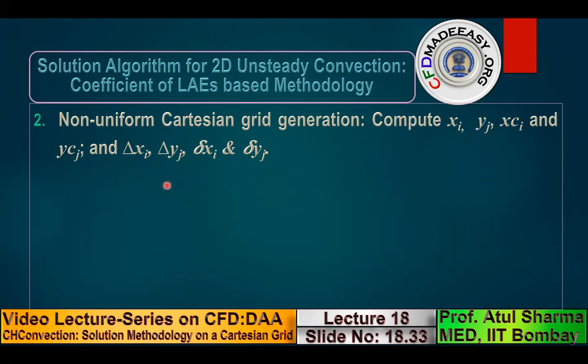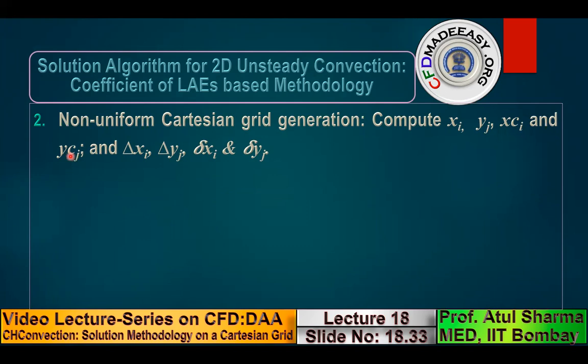So what I'm saying is, in a uniform grid, you only had a single delta x and delta y, and you were not bothered about any other geometrical parameter. In a non-uniform grid, first you calculate the x and y coordinates of the horizontal and vertical lines, and then you take the mean of those coordinates to calculate the coordinate of the centroid, where this is the x coordinate of the centroid. This x coordinate of the centroid varies in the I direction. The y coordinate varies in the j direction.